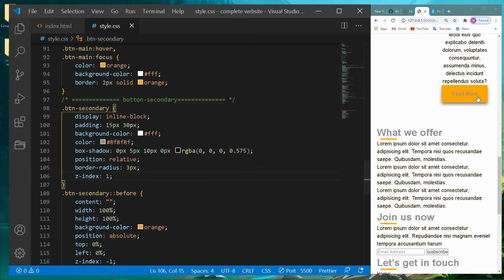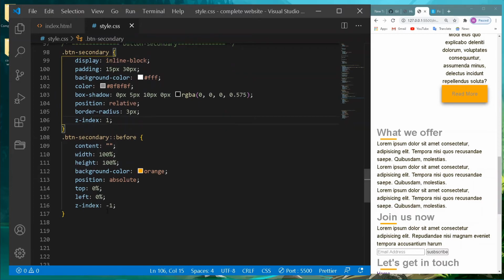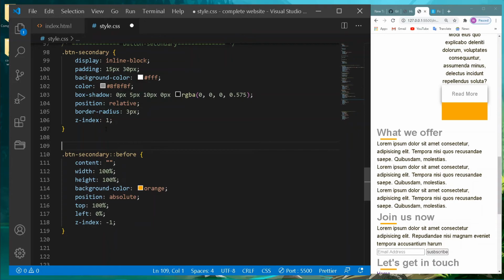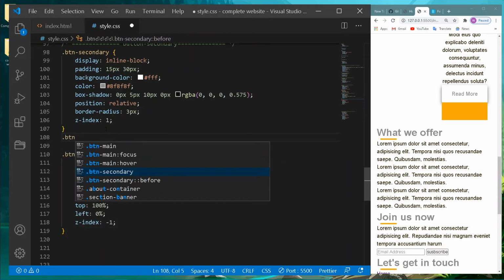Now I can see that the test is above the pseudo element. The pseudo element is behind or beneath this one here, and that's cool, guys. But that's not what we want. For the pseudo element, the top should be 100%. That way it's from the top this way, and whenever we hover on .btn-secondary, whenever we hover